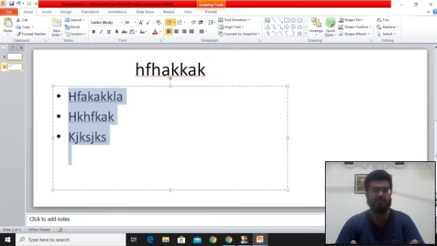So just 2-3 points on one slide, and then the other points on the next slide. So by keeping the number of points limited, you will have more space for increasing the font size and make your slides more easily readable for the viewer.